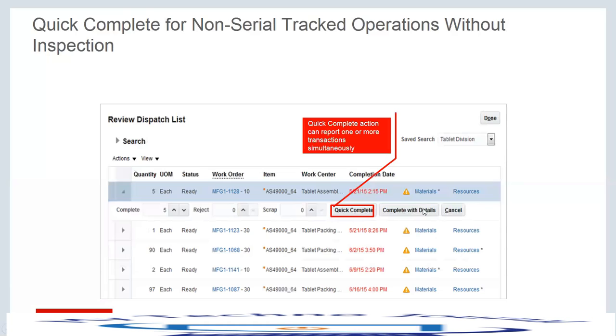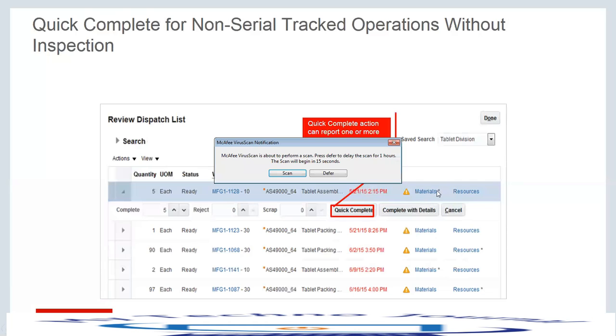Now, on the right hand side, you can see this icon which denotes that this is past due. And then you have the materials and resource details. If I click on that, I can see the material details for that particular operation. And if I click on this, I can see the resource details for that particular operation. And if you have seen, some of the materials have an asterisk,